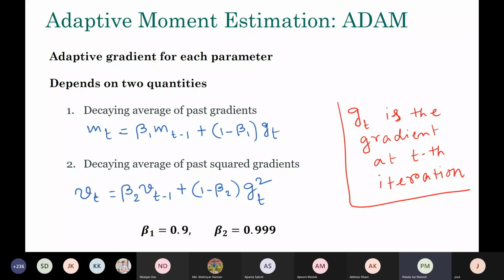Make sense? Okay, and mt minus 1 is what? mt minus 1 is basically, in a sense, a summary of the gradients that we have seen before till now. So therefore, you are emphasizing more on mt minus 1, less on GT. You are using GT for sure, but a little bit, not too much, just to avoid the brittleness problem that I mentioned. In case there is one batch which is to some extent erroneous, that can basically misguide you.